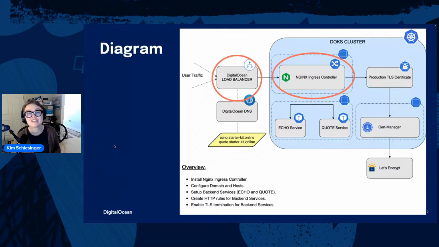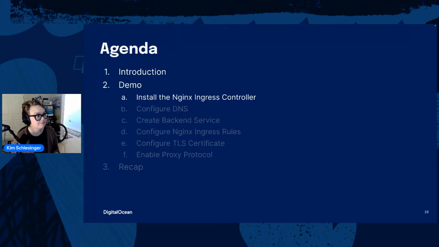The first thing that we're going to do is install the NGINX Ingress Controller inside the Kubernetes cluster. And in doing that, we're also going to create an external load balancer where all of our traffic is going to go first. When you're using a cloud provider and you create a load balancer like that, the cloud provider sets up their own load balancer. So we're going to be using a DigitalOcean load balancer.